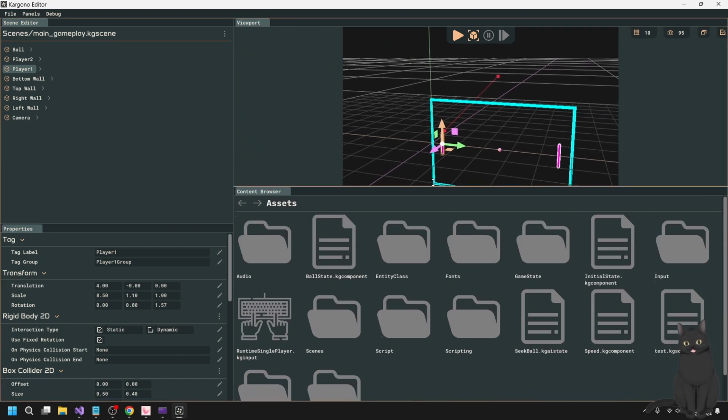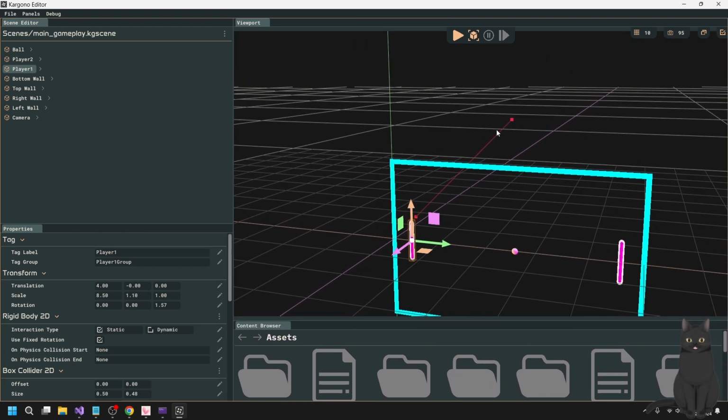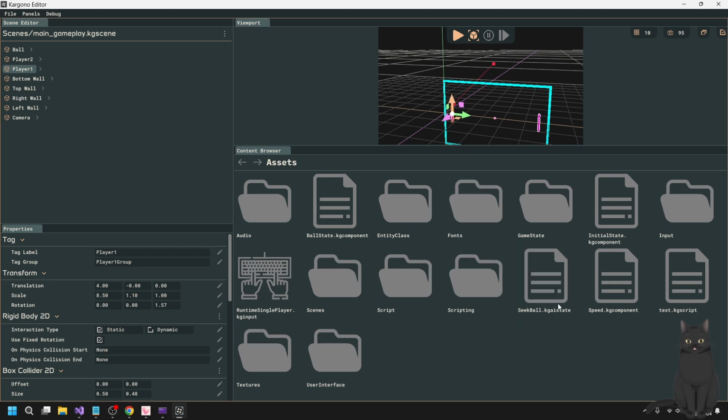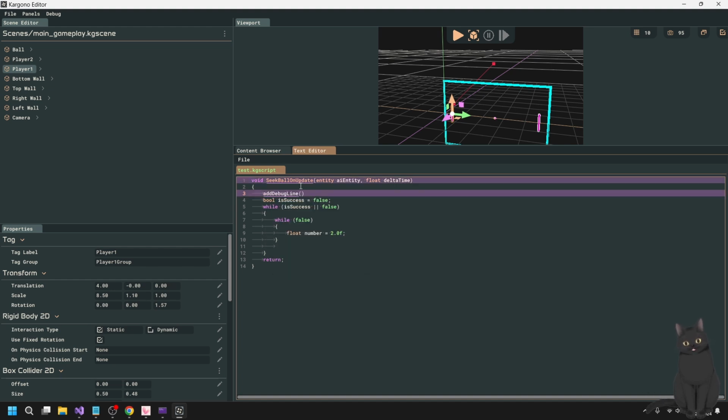So basically what I'm going to need from this little debug system is, when I go to test, something like add debug line, and then I just provide two vectors.